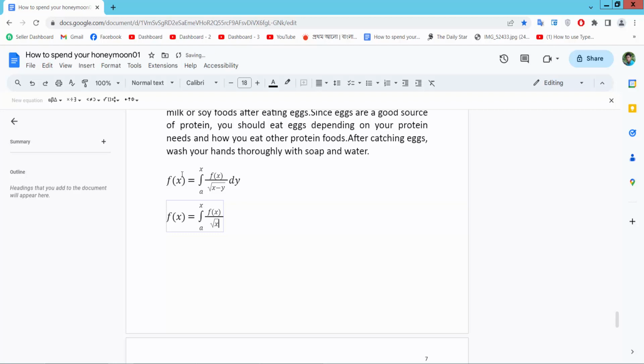Type here X minus Y. Now type D Y and see this. Our equation is now complete. In this way you can make different